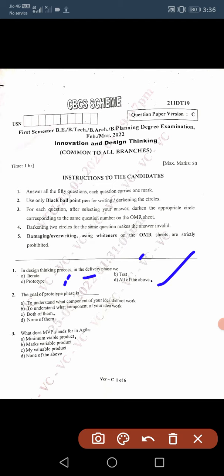Okay, second one, the goal of the prototype phase is dash. To understand what components of your idea didn't work, to understand what components of your idea work. So the answer is both of these, hence the answer is C. Okay. Third one, what does MVP stand for in agile? So it is minimum viable product. So for the third, the answer is A. Okay. Next,